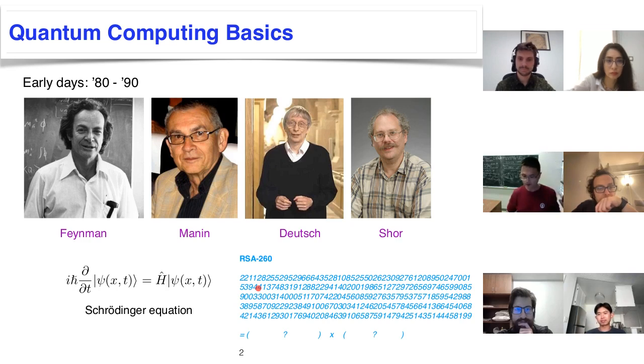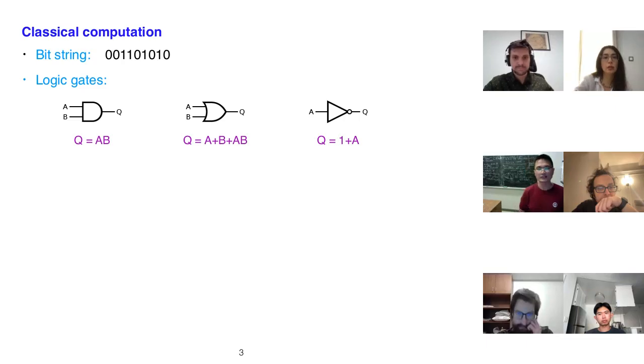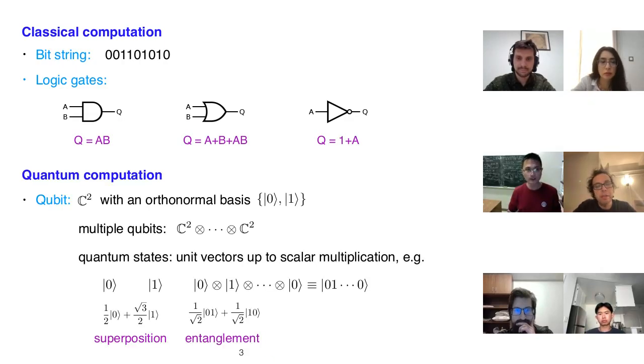Okay, so before talking about quantum computing, let's start with the model of classical computation. Classically, information is stored in bit strings of 0s and 1s, and the information is processed by applying logic gates, such as the AND gate, the OR gate, and the NOT gate. In quantum computation,